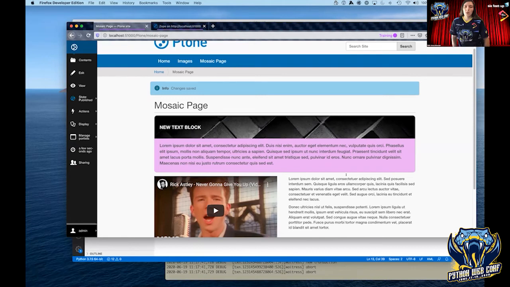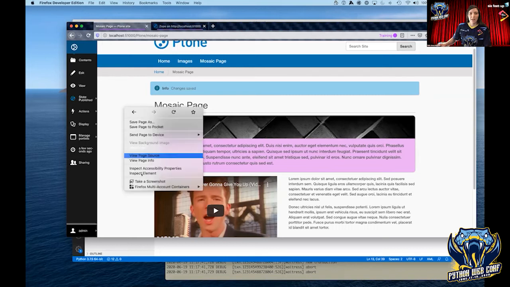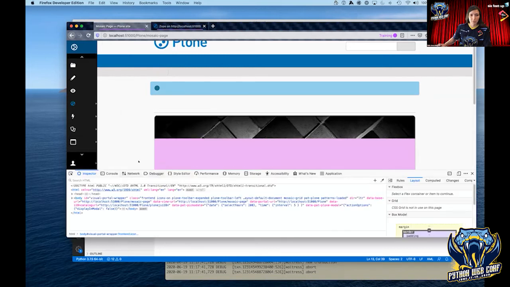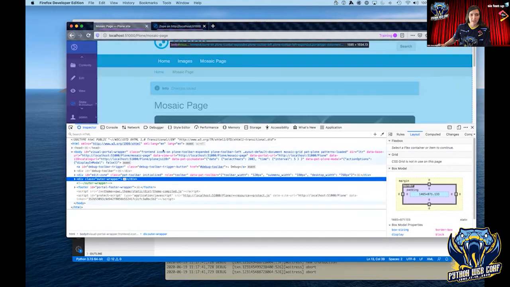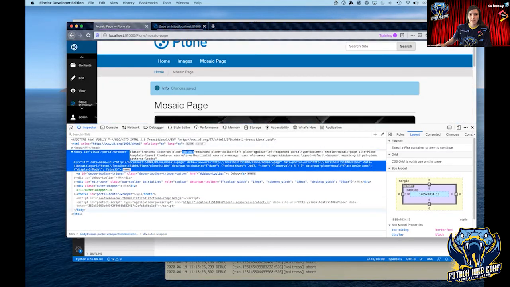Now I thought about doing that, actually we tried to do that with a mosaic layout option. So you remember when I initially changed this to a mosaic page and I had the options of basic or document, you can add more options there. And something that Plone does is it adds a lot of helpful classes to the body. So here I can see this portal type document. So if I want to write styles that are specific to the document content type, I can do that. A specific site or subsite. You can see there are also different layouts,